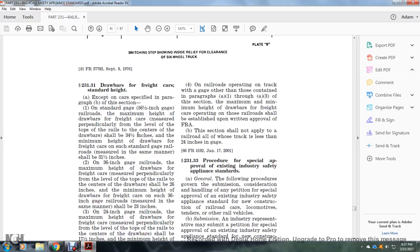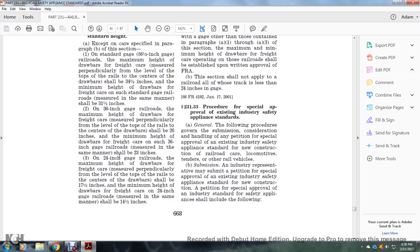of the drawbar, shall be 34.5 inches. The minimum height of the drawbars from the frame of the car on such standard gauge railroads, measured in the same manner, shall be 31.5 inches. On 36-inch gauge railroads, the maximum height of the drawbars of the freight car, measured perpendicularly from the level of the top of the rails to the center of the drawbars, shall be 26 inches. The minimum height of the drawbars of freight cars on 36-inch gauge railroads, measured in the same manner